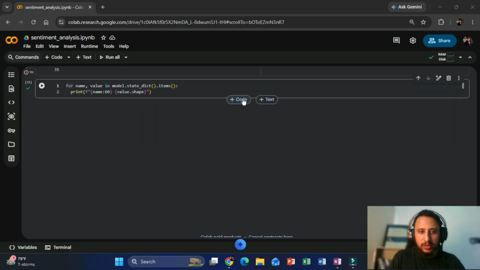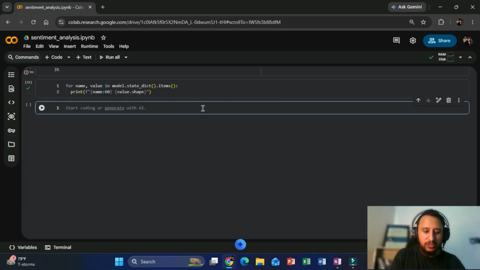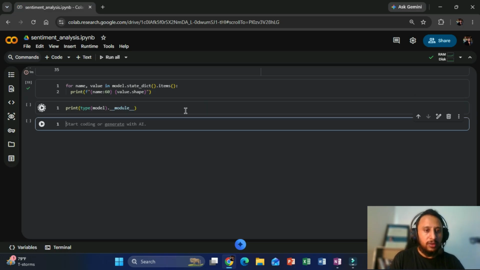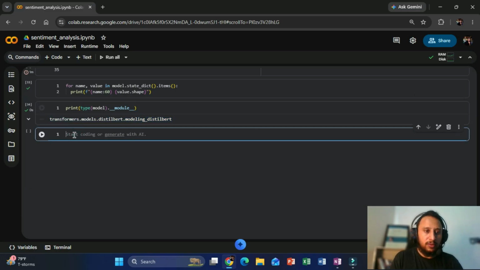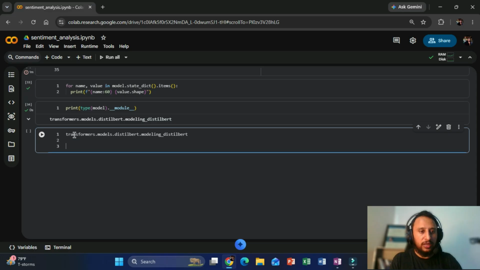To start with this, let me just print the model type. It will give me the class, and inside it, if I just call the module, it will give me the path to the source code, where it is actually implemented. So if I just simply say from this input